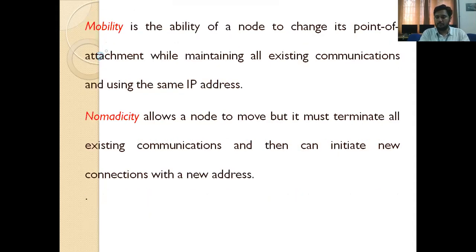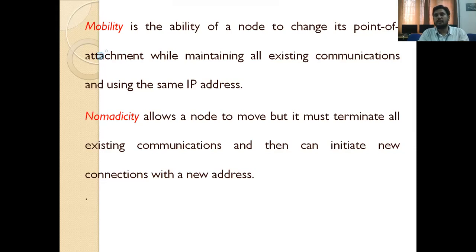So what is mobility? In general, mobility means moving from one location to another location. If the station is a fixed host, there is no problem for the network layer to identify the destination address. But here the major problem is that the station is movable, that is, mobile. At one particular time it is located in one location, and after some time it moves to another location. That is the main problem in mobile communication technology.